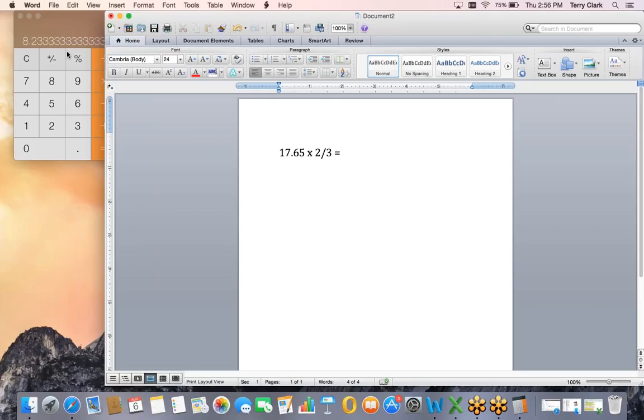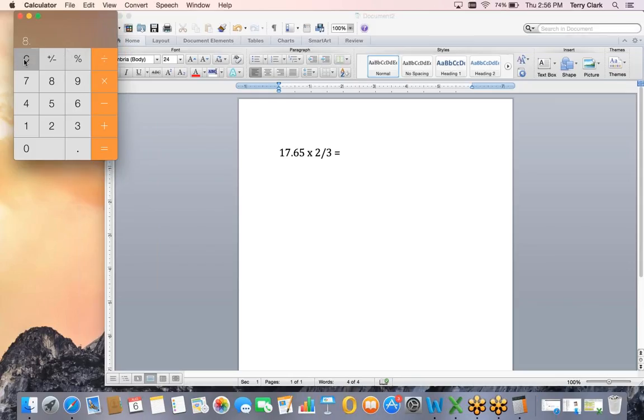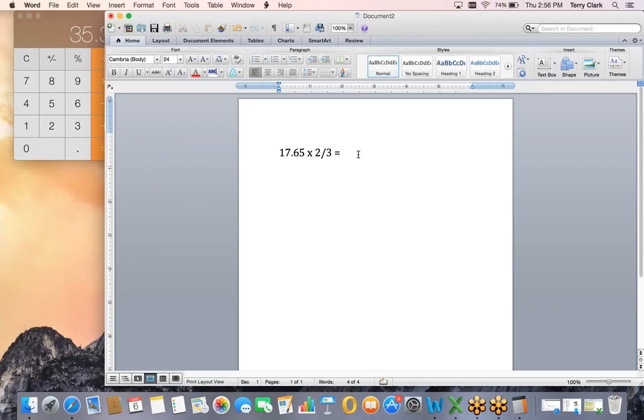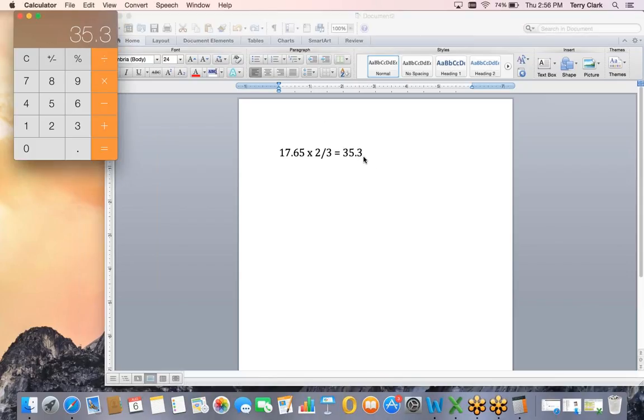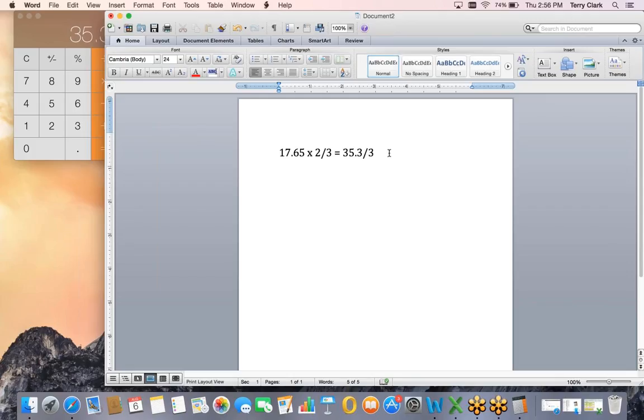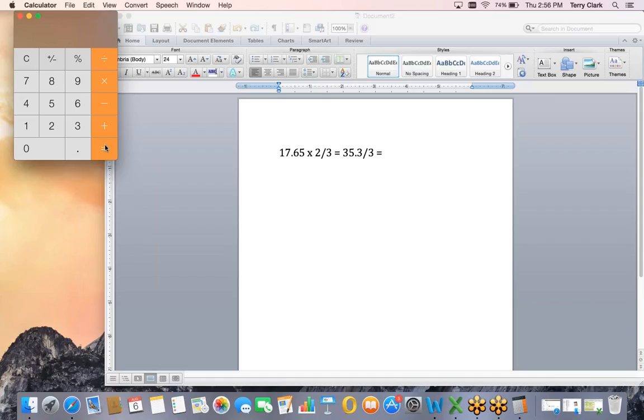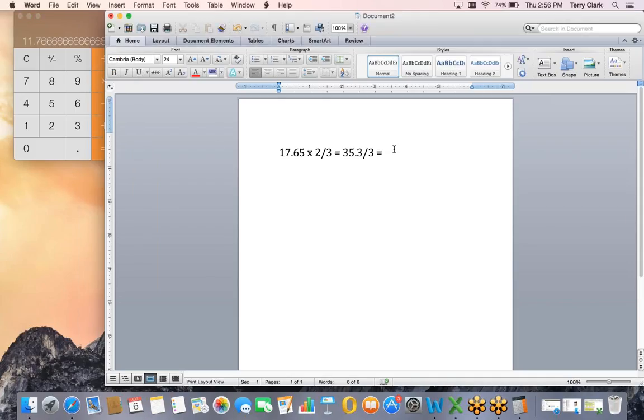Okay. Remember what we said about decreasing. When we're decreasing, subtraction is going to be involved somewhere in the process, whether it's with the fraction or percent, or whether it's with the number or your answer at the end. Okay, so we got 17.65, and then we're going to multiply that by 2. That's going to give us 35.3. And then we're going to divide that by 3. And then that's going to give us